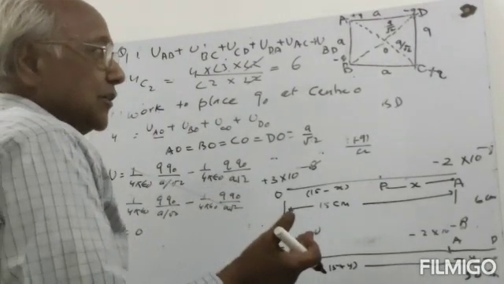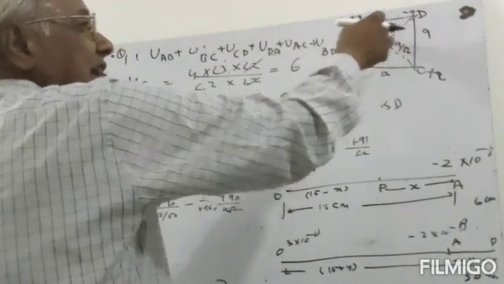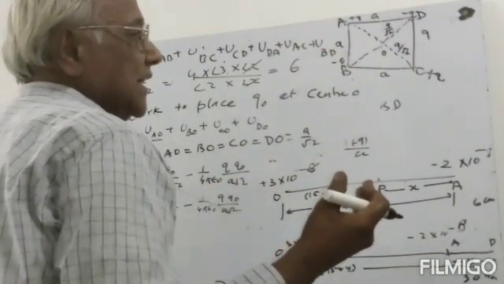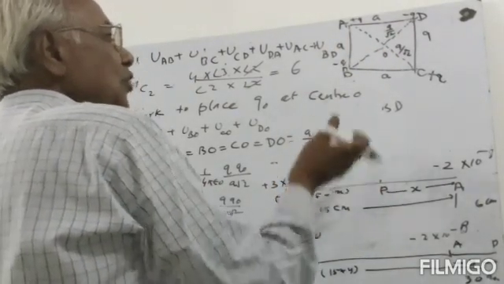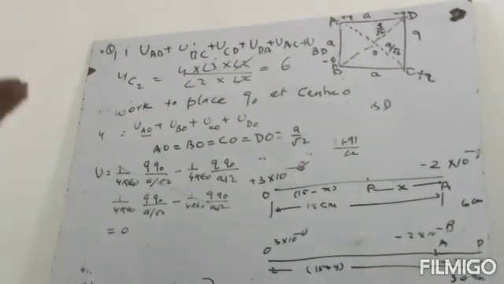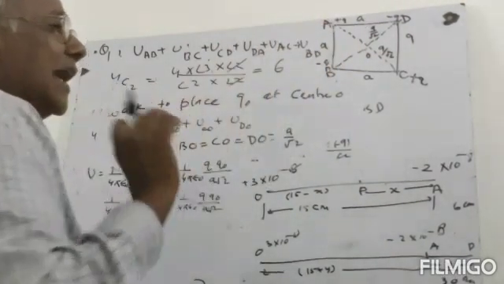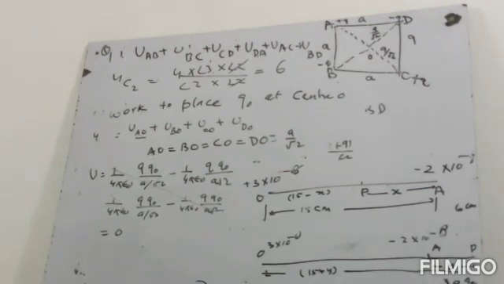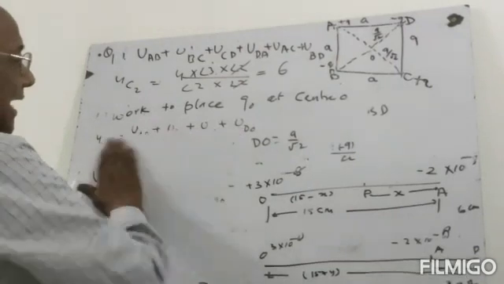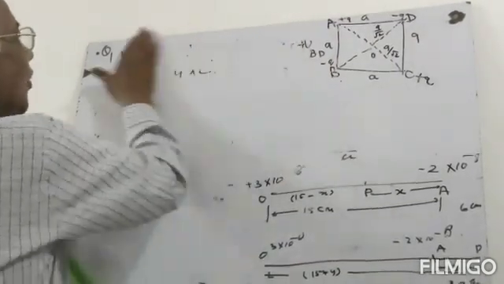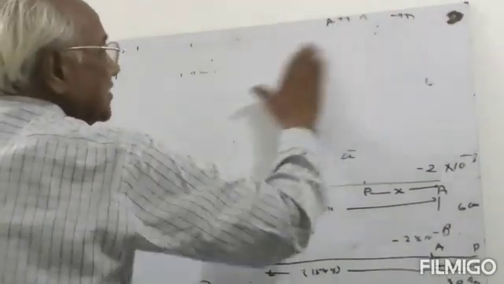In the second way we can also find it: if we find the potential, then the energy will be equal to Q times potential. That will give the same result. So the work done to place a charge Q0 at the center of this configuration will always be equal to 0. So in this way we can find the total work done as well as the total potential energy for this system.